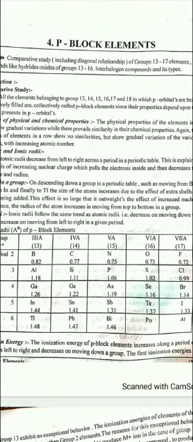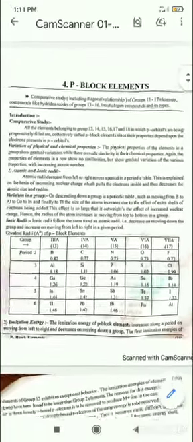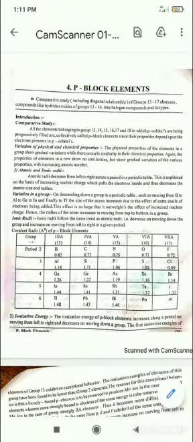Why does this size decrease? Why do atomic and ionic radii decrease from left to right? This is explained on the basis of increasing nuclear charge, which pulls the electrons inside and thus decreases the atomic